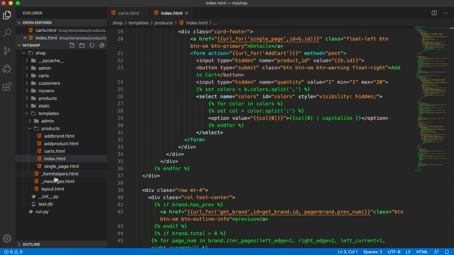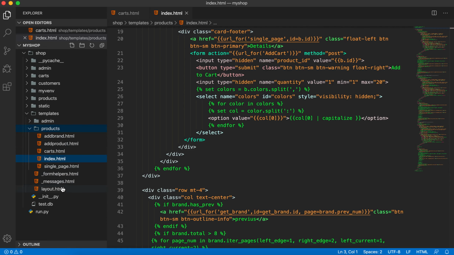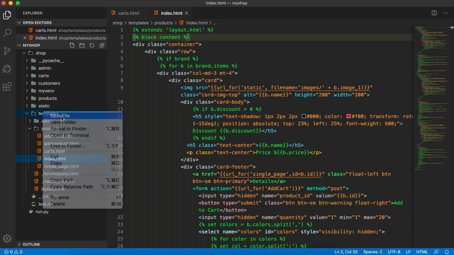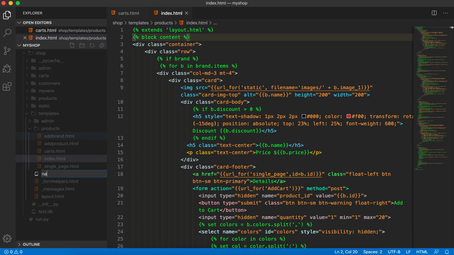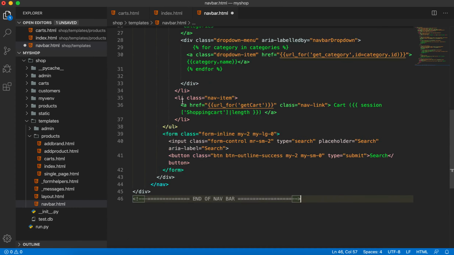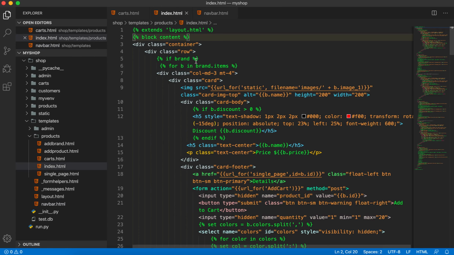I will come here in template.product, not inside the product. Make this navbar in the general template, where we have message and this form helpers layout. So I will create navbar.html, and now here I will paste these codes inside, and then for the index here,